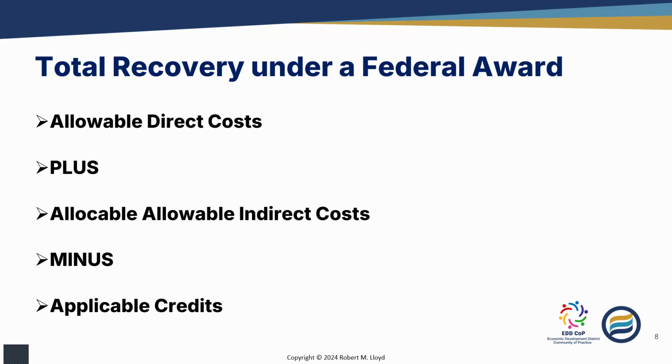Now, indirect costs has gotten a lot of attention from the Office of Management and Budget over the last several years as the agency has continued to refine the so-called uniform guidance. The uniform guidance was first issued and made effective by all federal agencies in December of 2014. We might call that Uniform Guidance 1.0.